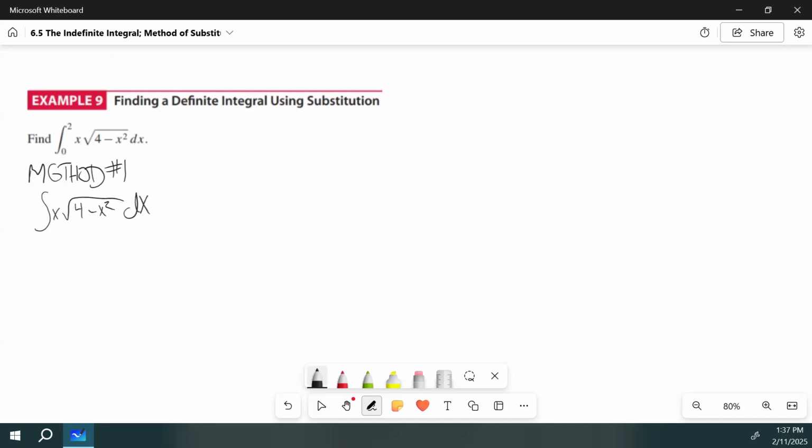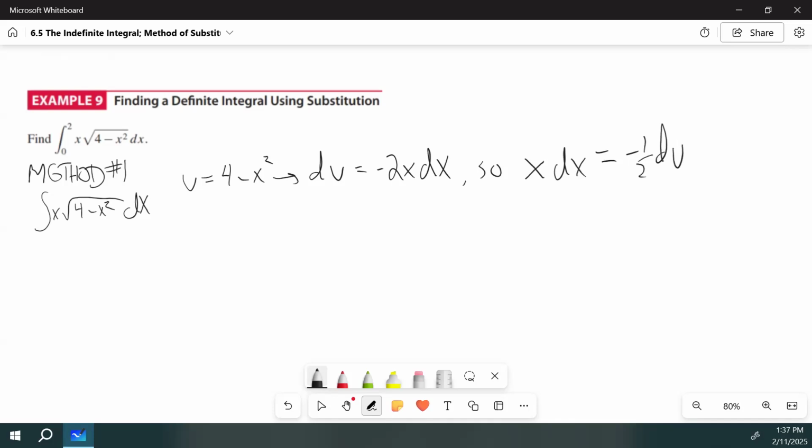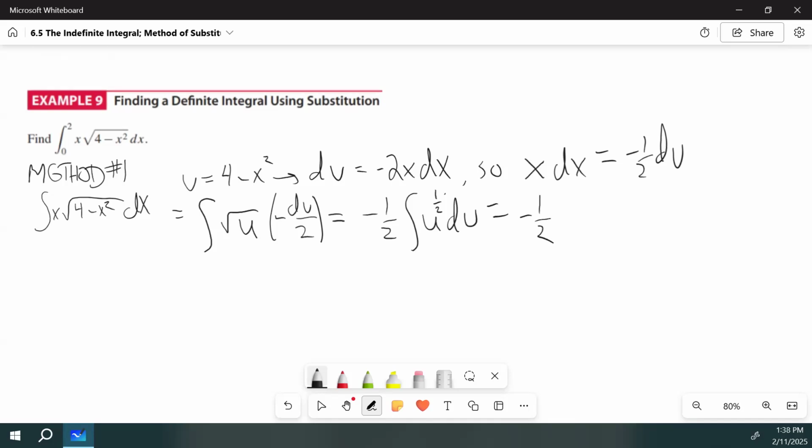we learned previously. So if we use u equals 4 minus x squared, then du is negative 2x dx. So x dx is going to equal negative 1/2 du. So this integral becomes the integral of square root u times negative du over 2. So we factor out the negative 1/2 and rewrite the square root as an exponent of 1/2. And then you have negative 1/2